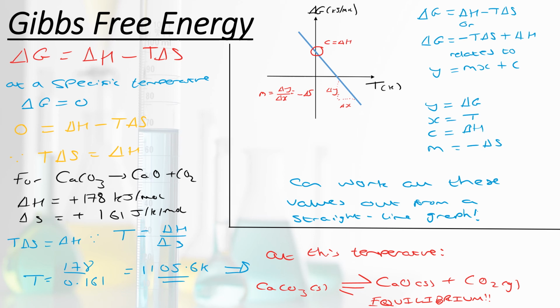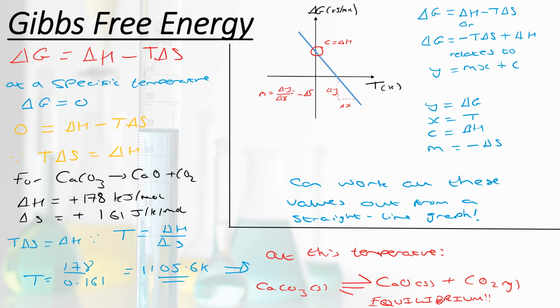You can think about it as kind of like a seesaw. This is the balance point of that seesaw. Going down one way, it's feasible. Going down the other way, it's completely not feasible. But delta G equals 0 is the balance point. And so if I go to a slightly lower temperature, it becomes not feasible. If I go to a slightly higher temperature, it becomes feasible.